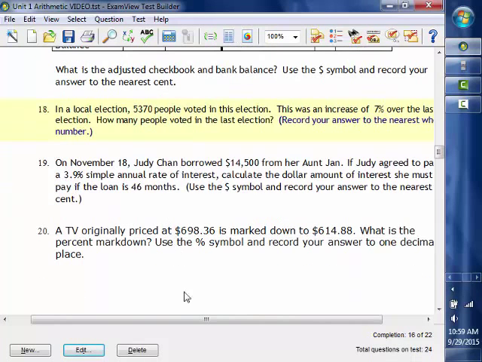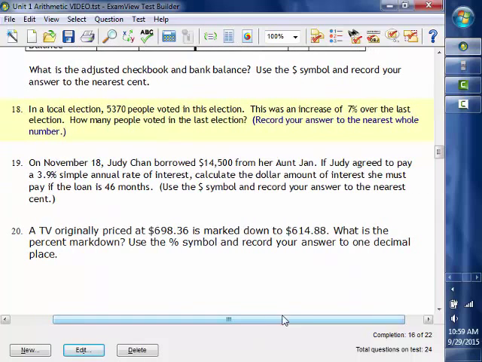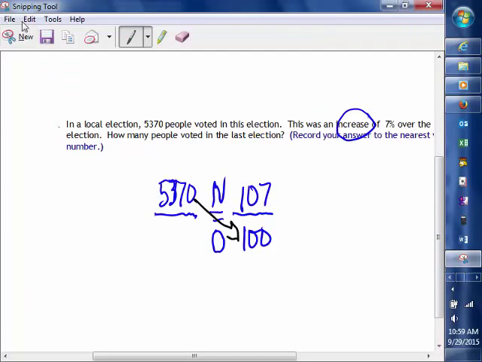Next one, on November 18th, Judy Chan borrowed $14,500 from her Aunt Jan. If Judy agreed to pay 3.9% simple interest, calculate the dollar amount of interest she must pay if the loan is for 46 months. So we need to fill in our